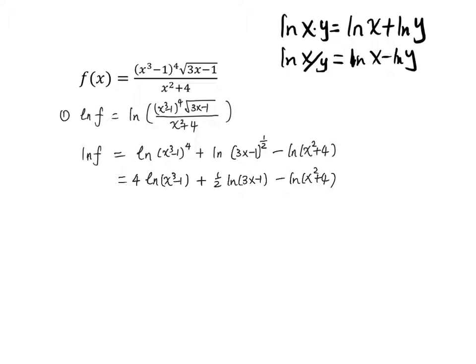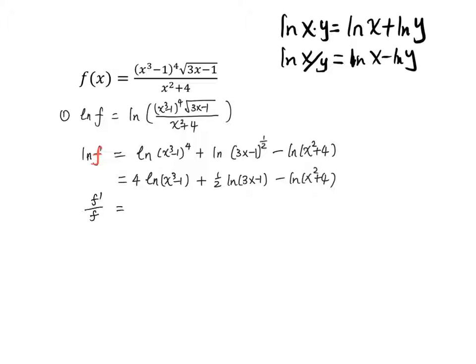So the next step is to differentiate both sides with respect to x. So this is a composite function ln f. We discussed how to find the derivative of the natural log of a function in class. So we actually observe the pattern, right? It is f prime over f